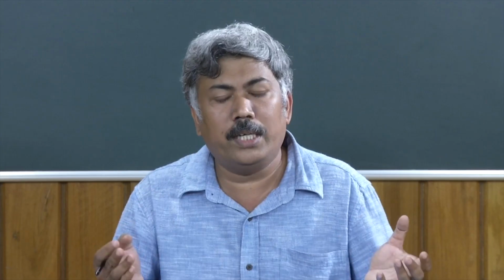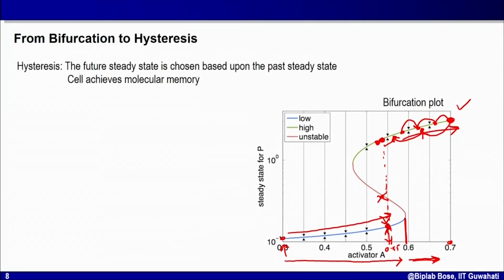In fact, if you look into the direction field or phase plane plot for this type of problem, you can easily understand that as the system is already on a stable steady state, it will not jump into the lower blue line, rather it will remain on this green line. So what will happen? When I am decreasing the values of the activator A from a higher value, it will follow the green line up to this point, and then it will have no option, so it will follow this path, the lower blue line. So if I draw it with clarity,